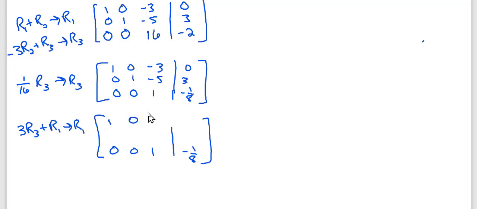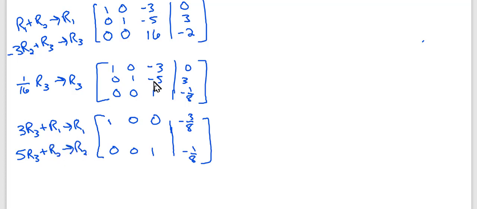I didn't change anything in the first columns of this equation. 3 times 1 plus negative 3, so that's 3 plus negative 3 is 0. 3 times negative 1/8 is negative 3/8 plus 0. Now I have what x is. X is negative 3/8. Let's do the same thing for row 2